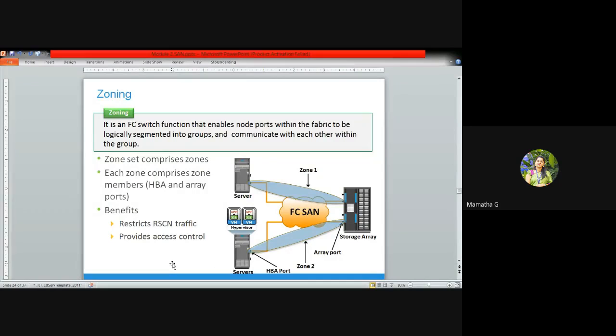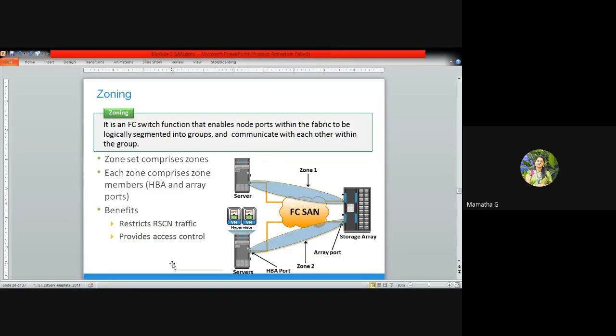Zoning in SAN has many advantages because we are connected to n number of nodes in a network. See, what zoning is: it is an FC switch function. Zoning mainly takes place in the switches, where zoning operations enable node ports within the fabric to be logically segmented.